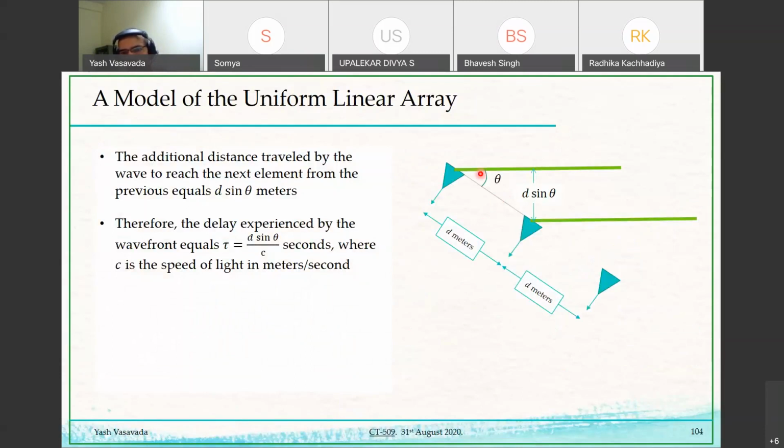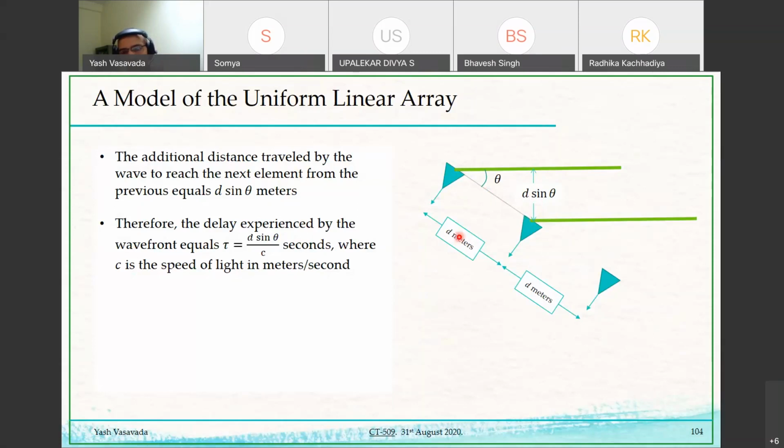One way is to just tilt the array by angle theta, so this incoming wavefront becomes horizontal. So from that you can see that the extra distance that the wavefront has to travel is given by this vertical line. This vertical line makes 90 degrees with respect to this solid green line, and the hypotenuse of this right-angle